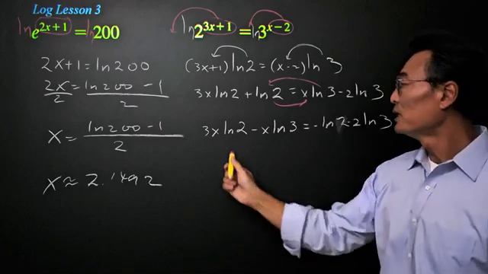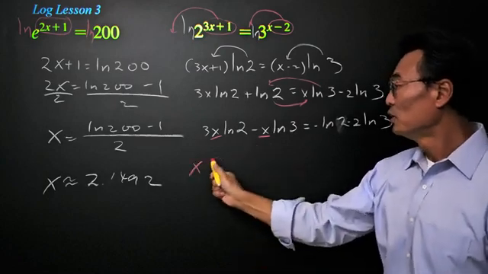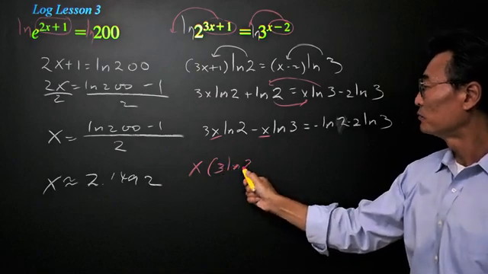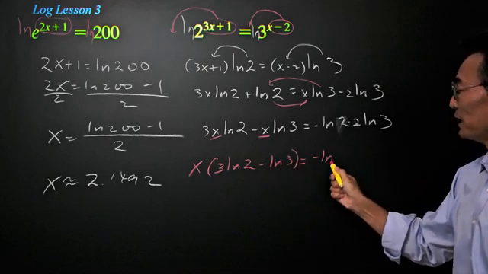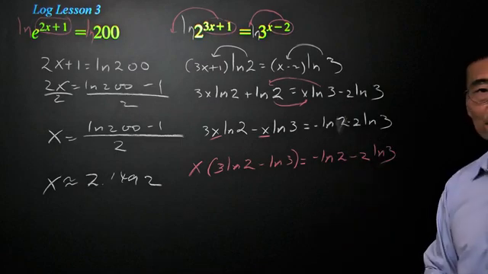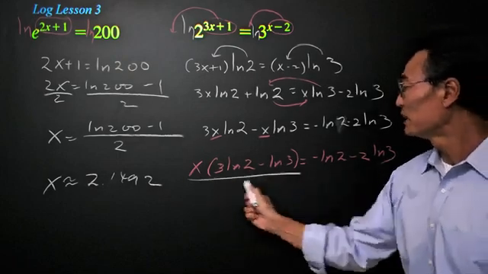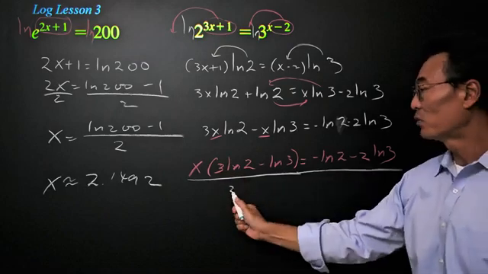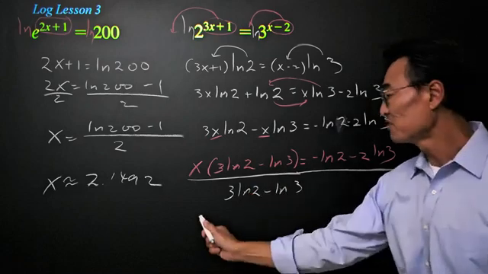Now we're able to go ahead and take the x out to the front, or factor the x out to the front, where we get x times 3 natural log of 2 minus natural log of 3 equals, again, negative natural log of 2 minus 2 natural log of 3. Our final step is going to be dividing both the left and the right side of the equal sign by this, or 3 natural log of 2 minus natural log of 3,